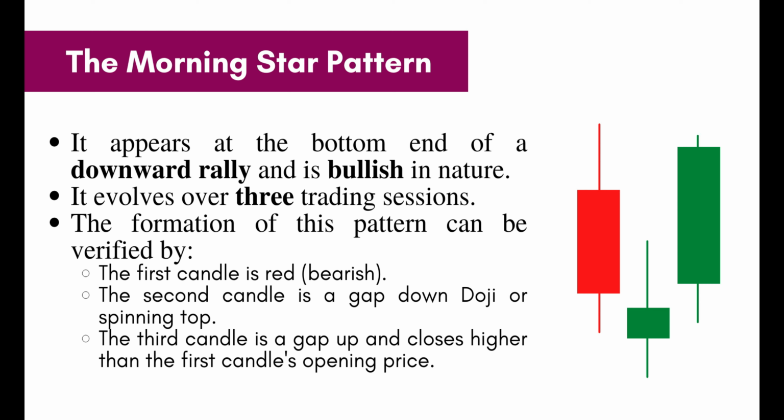As we have discussed in our previous video that doji and spinning top marks the indecision in the market, this indecision puts the bears in a state of panic as they expected the market to make a new low. However, on day 3, the market opens with a gap up and forms a long green candle where it manages to close above the day 1's opening price. This action on day 3 is what displaces the bears and establishes the bulls in the market.